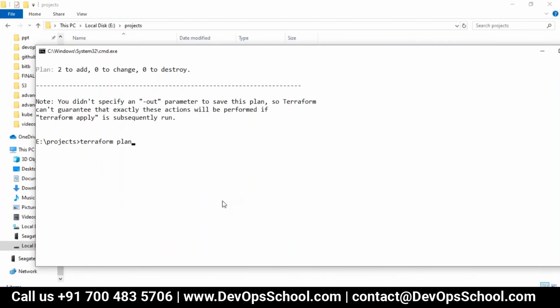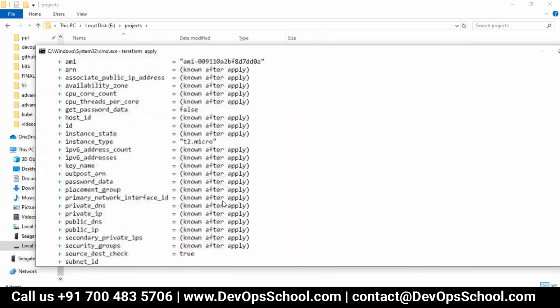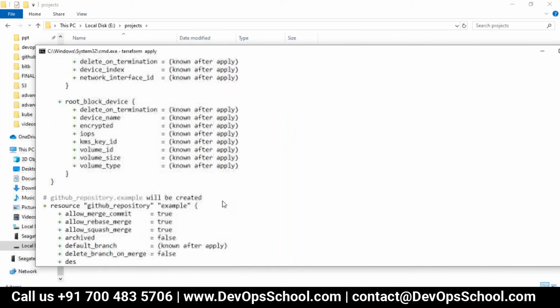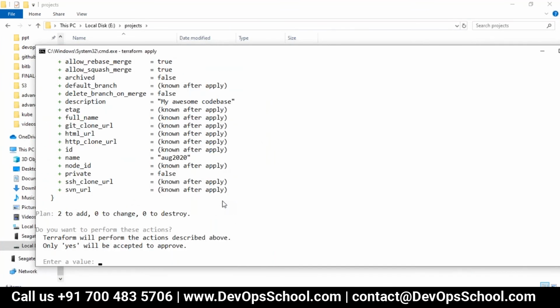So can we do the apply now? Enter, apply. Apply means real infrastructure will be created. Just imagine in your Terraform script, you have one resource or 2000 resources, you can create them in one go. You can update in one go and you can delete in one go, using only one programming language. So that's the advantage of Terraform. Here, they are asking, are you sure you want to do that? Yes, I want to do it.